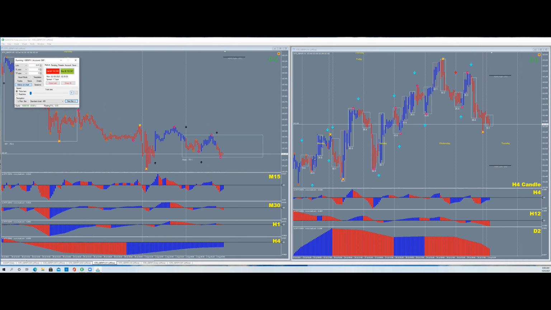So I'm gonna pause this. We're in the middle of the Asian session, and we're anticipating the trades, or trying to look for a trade when we get to the London session. So at this point, all we know is the higher time frame is pointing down. If you look at the 1 hour,